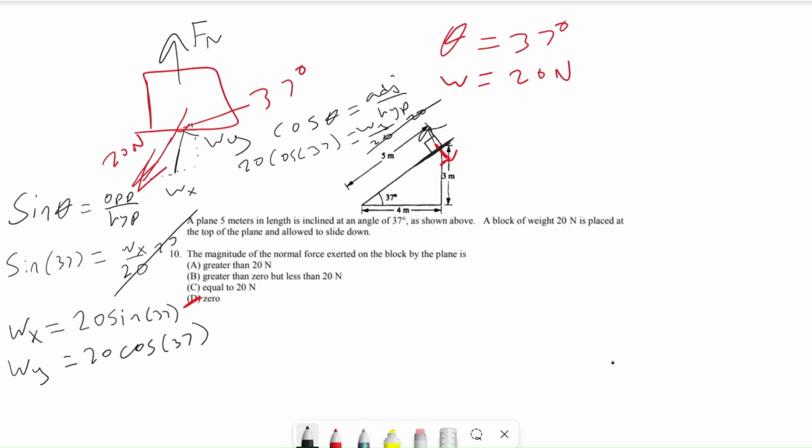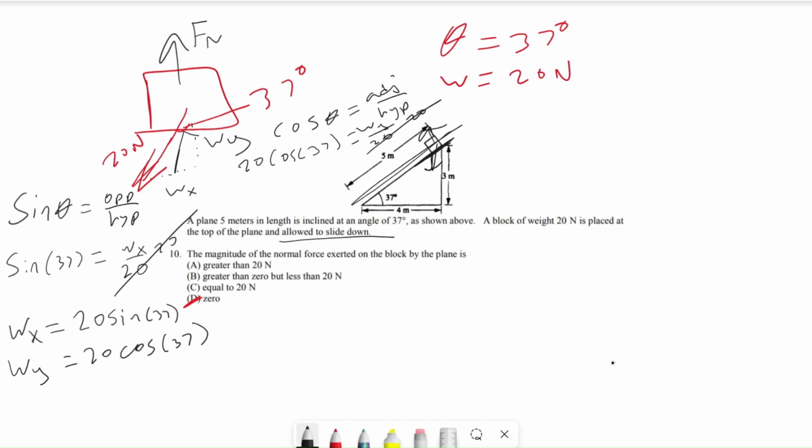And here we can see that in our object it is perpendicular, so it's going to be pointed this way. And sorry if this arrow was drawn incorrectly earlier. It should be pointed downwards this way as the force gravity, as we can see over here. So our normal force is going to be pointed upwards, but there's one thing we need to know. The object is going to be able to slide down, and since the object is going to be able to slide down, it is going to be going in the